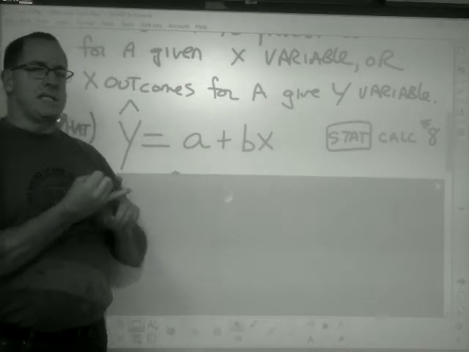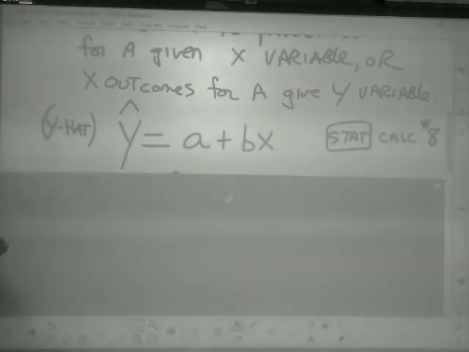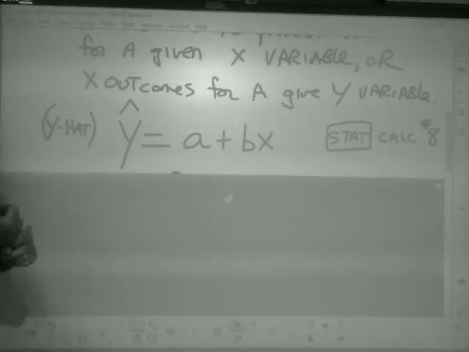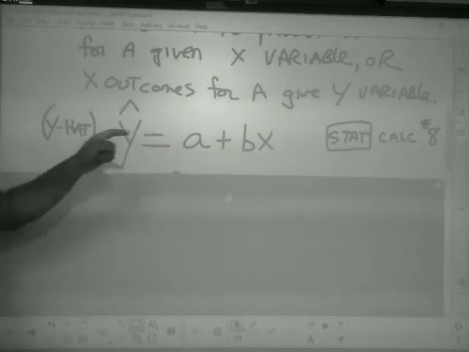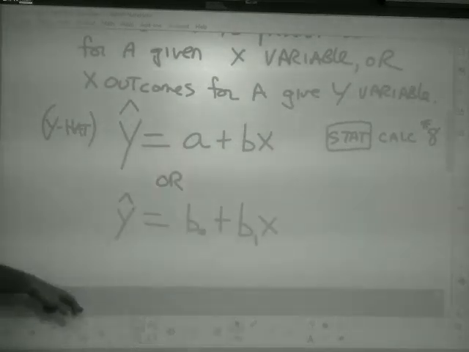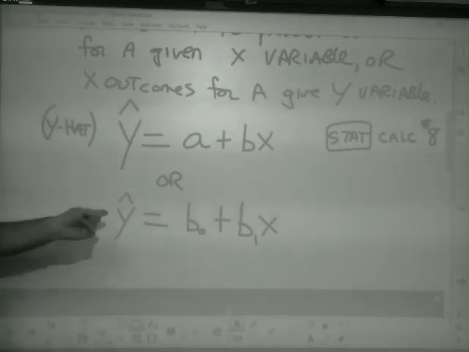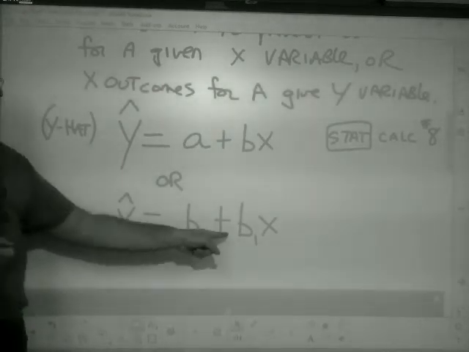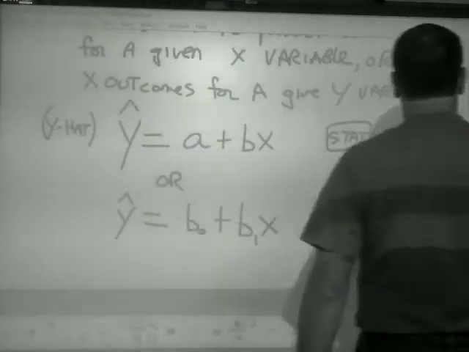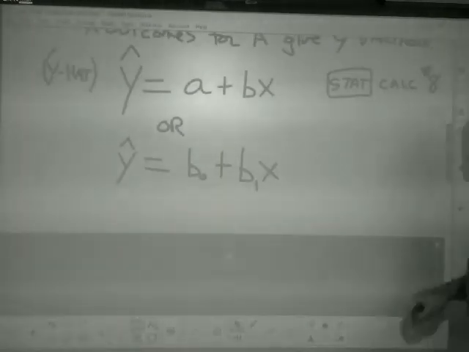Calculator commands: we use STAT CALC 8 to get this equation. So all your data goes into list 1 and list 2, and then STAT CALC 8 is what you use to get the equation. You might see it written like this if you're taking the AP exam: y hat equals b sub 0 plus b sub 1 x. So either way you see it, they both have the same meanings,